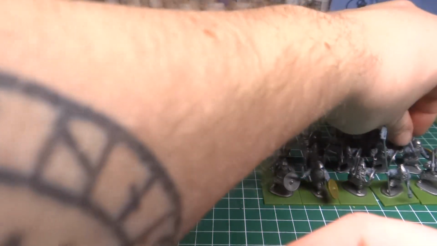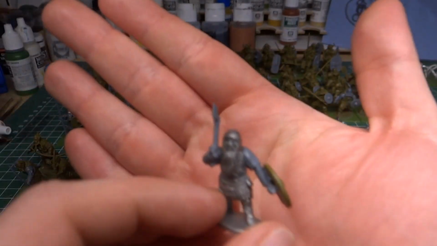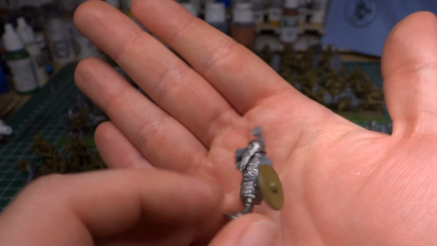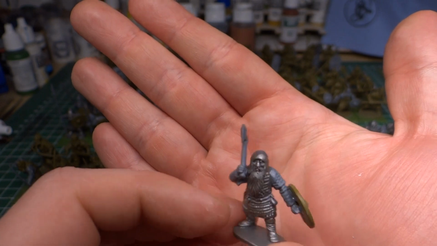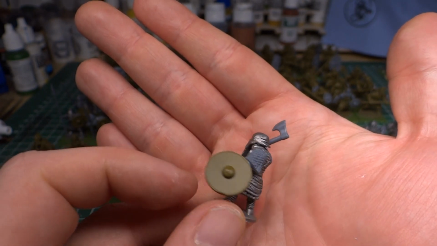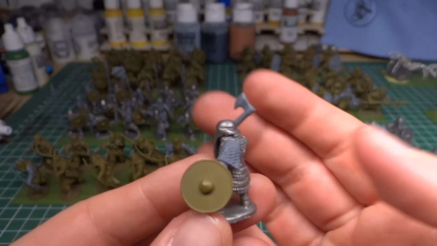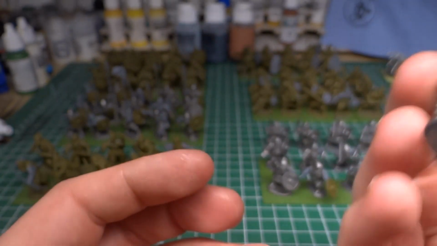I added a few more. This one, for example, just added some extra arms that I had. This was a bow arm, which is why he's holding it out a bit. And yeah, the shield I had used previously on the barbarians, so that's why it's brown. I think I'm going to prime...